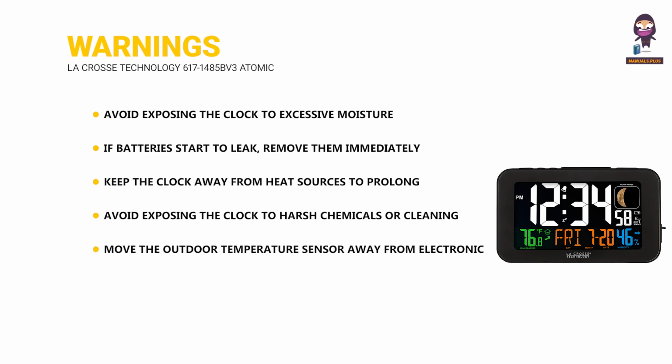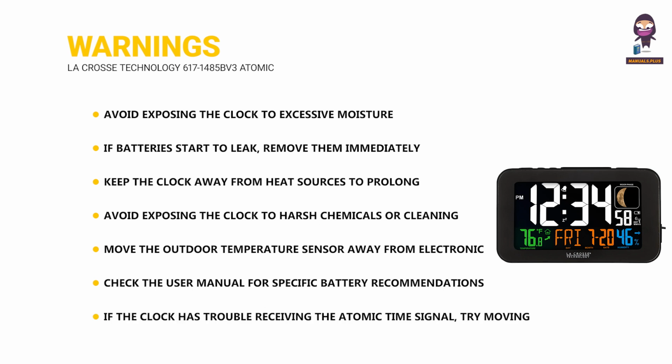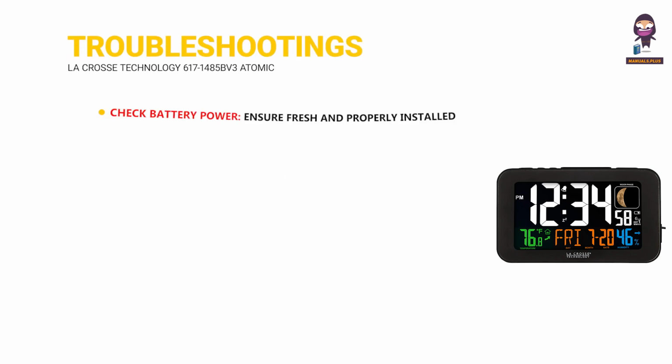Move the outdoor temperature sensor away from electronic devices if interference occurs. Check the user manual for specific battery recommendations and replace them periodically. If the clock has trouble receiving the atomic time signal, try moving it to a different location or contact Crosse Technology for assistance. Troubleshooting. Check battery power, ensure fresh and properly installed batteries in the clock and the outdoor temperature